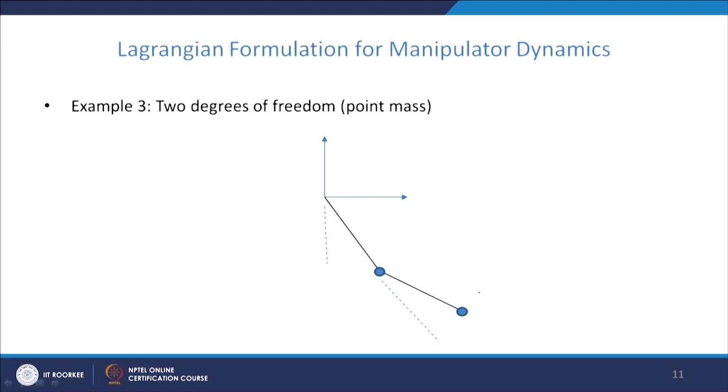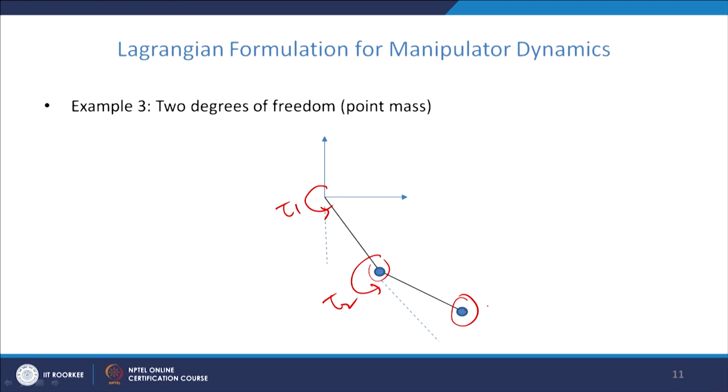Similarly, here we have the double pendulum or a robot arm with two links. The torque is applied at two joints here, this is torque 1 and torque 2, and both the joints are revolute joints. Here we are assuming that the mass of the first link is concentrated at this point, and the mass of the second link is concentrated at this point. The other masses are negligible.